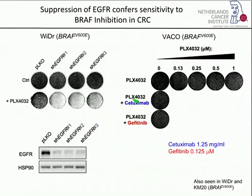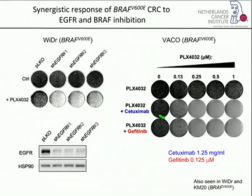So then we tested whether the combination of BRAF inhibition together with EGFR inhibition would be more effective than either treatment alone. As I indicated before, inhibition of BRAF alone in these cancer cell lines hardly has an effect. And also only treating with cetuximab in the absence of Plex, there's no effect, or with gefitinib, there's no effect. But we see a striking synergy in the combination of these two drugs. So really we can restore sensitivity of BRAF mutant colorectal cancer cell lines by combining a BRAF inhibitor together with